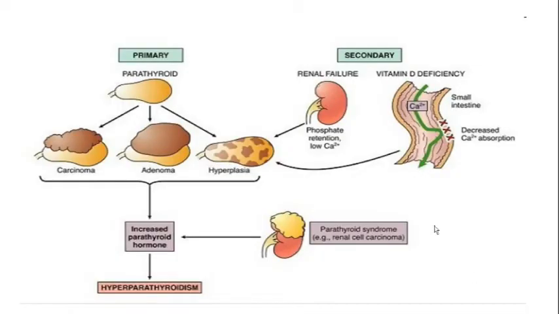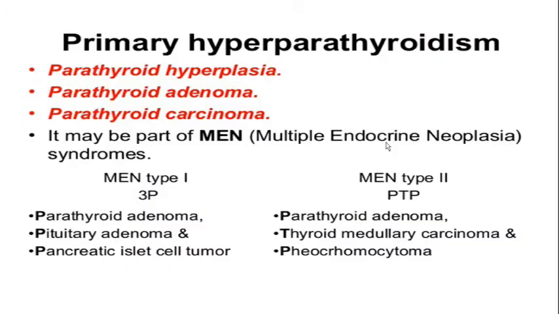So this is how parathyroid hormone is secreted. This is a basic diagrammatic representation where you can see the PTH secreted by the adenomas and hyperplasias, and even renal cell carcinomas, certain tumors which can increase parathyroid hormone secretion. And then the secondary causes can be renal failure or vitamin D deficiency because of any absorption problem or something like that. So then I've talked about how it can be a part of a MEN,